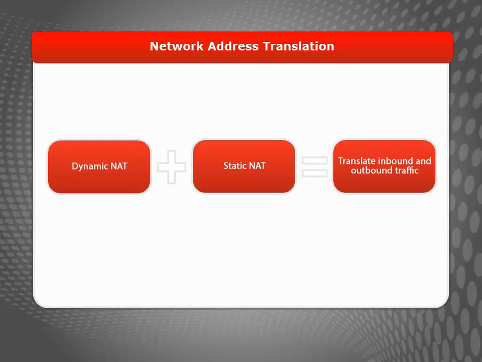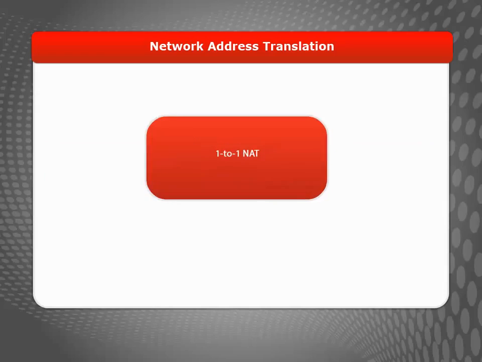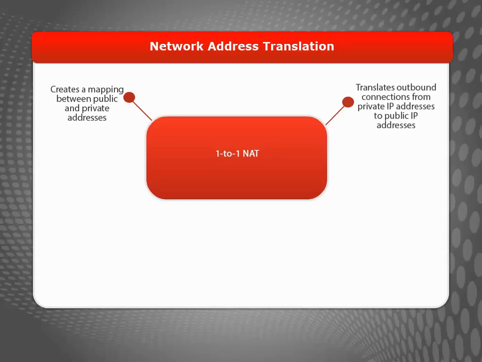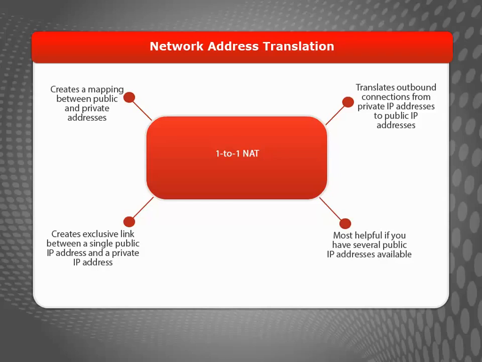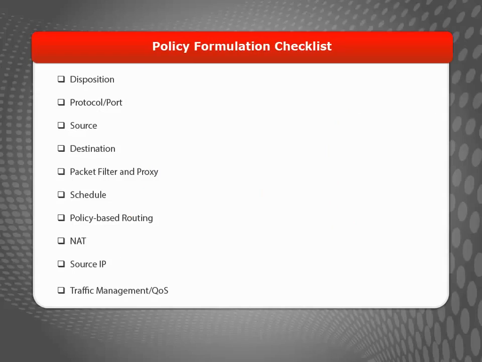If you want to avoid creating a separate rule for inbound and outbound connections, you can use a 3rd type of NAT, one-to-one NAT, to create a mapping between public and private IP addresses. One-to-one NAT translates outbound connections from private IP addresses to public IP addresses, and inbound connections from public IP addresses to private IP addresses. One-to-one NAT is not frequently used because it creates an exclusive link between a single public IP address and a private IP address, which may not be very useful unless you have several public IP addresses to spare. I'll show you how to create a new policy in a moment, but before I do, let's review